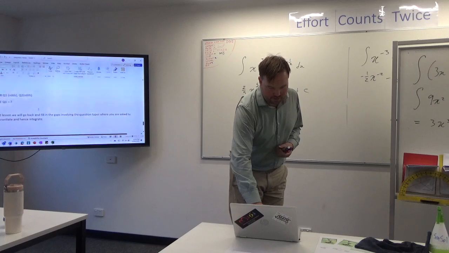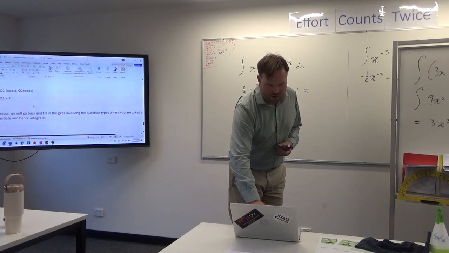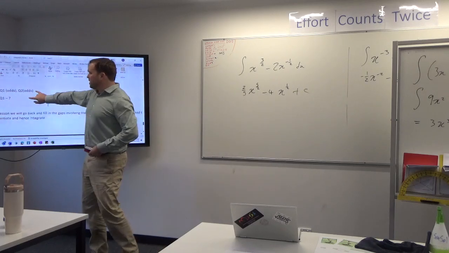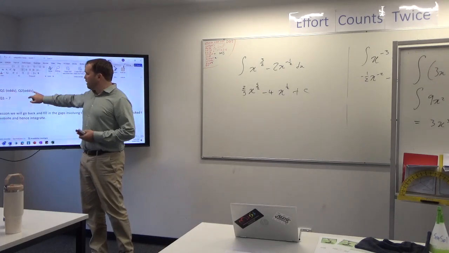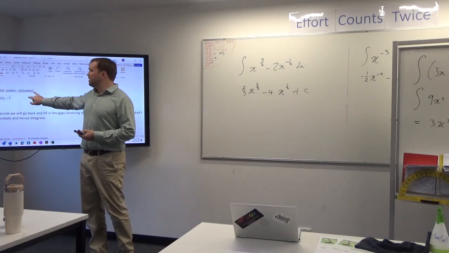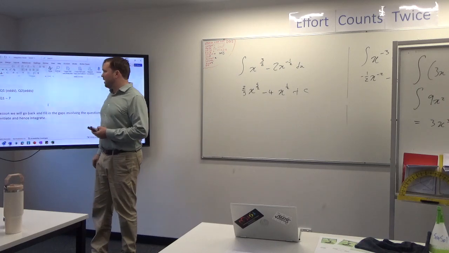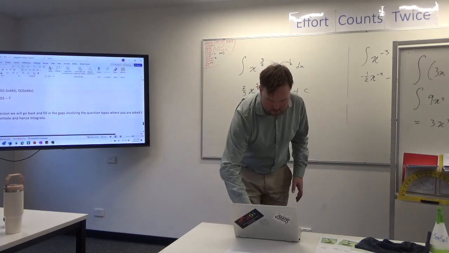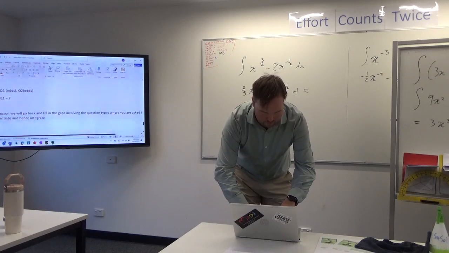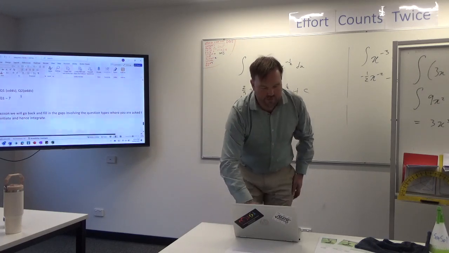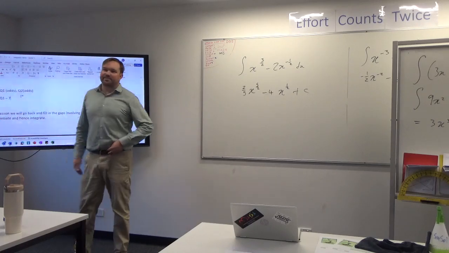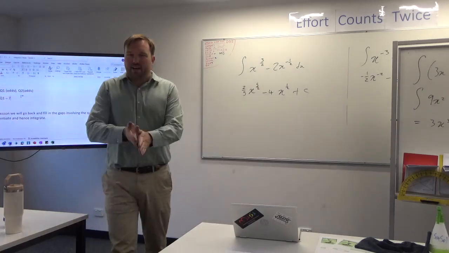Now here's the most frustrating thing. I haven't taught you how to do every single question out of 5B, but these are the ones I'd really like you to have a shot at today. 5B question 1 and 2, don't do them all, do odds. I have a sneaking suspicion it's meant to say 4. Then 4E, 1 to 7. And I will go upstairs and get your sets, and then